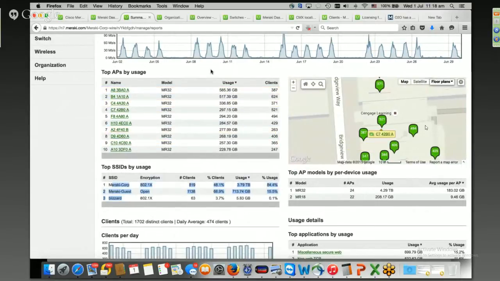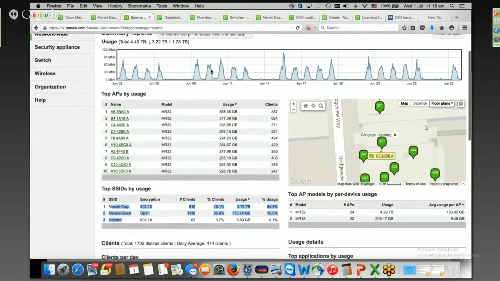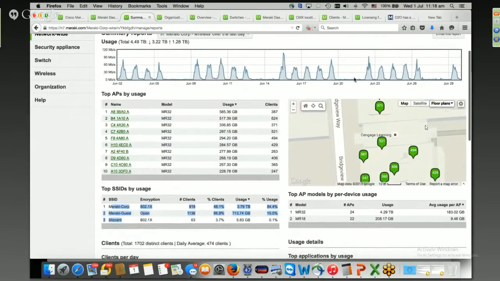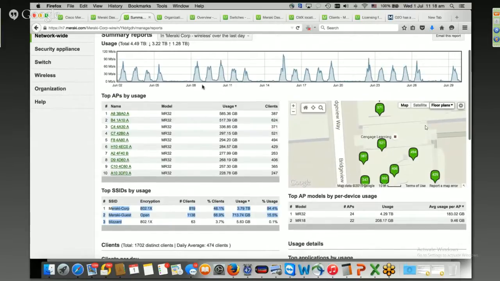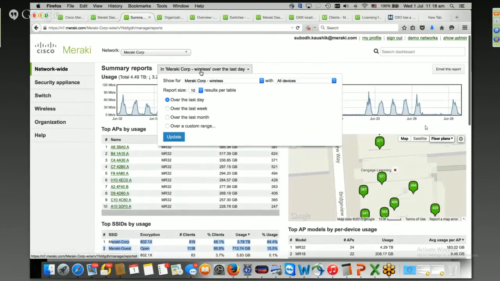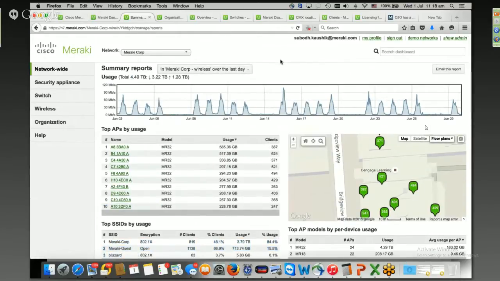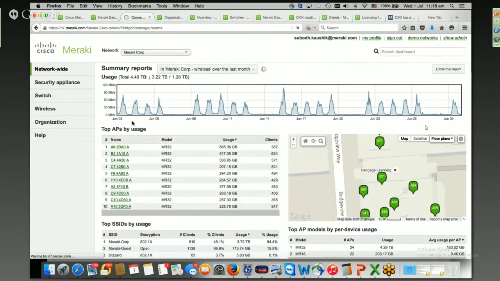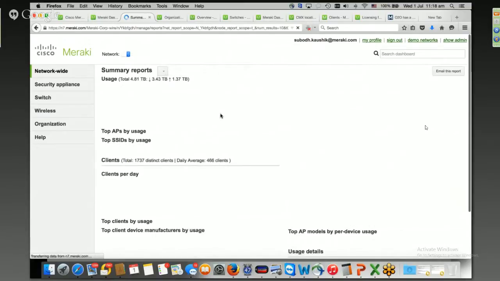This also shows me the graph. If you see Monday, Tuesday, Wednesday, Thursday, Friday, and Saturday, Sunday, generally the network utilization is not that high. We are at the moment looking at a few weeks. I can actually go back to look at the last 1 month and update. The statistics would change. We will get to see more utilization,